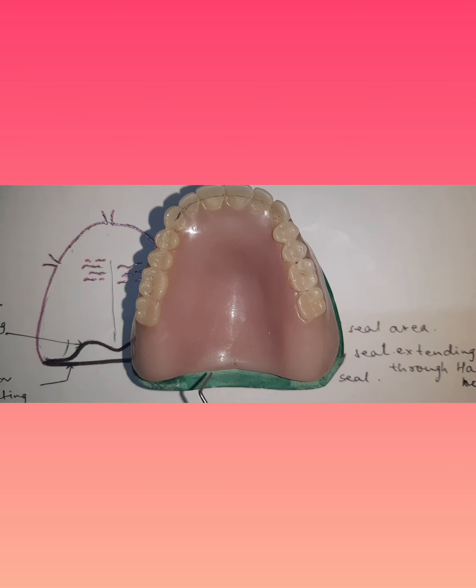To diminish gagging, that is another function. Some patients are severe gaggers or have a gagging habit. If there is overextension of this area, then definitely the patient will not tolerate that, and there will be gagging. So another function of posterior palatal seal is to reduce gagging and to make the distal border less conspicuous to the tongue. If you have a good seal with the mucosa, then it is not troubling the tongue and the tongue gets very much adjusted, because if there is any hindrance with the function of the tongue, there will be problems with speech and also stability of the prosthesis.